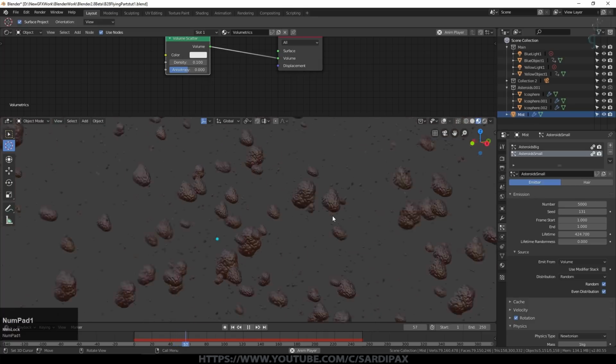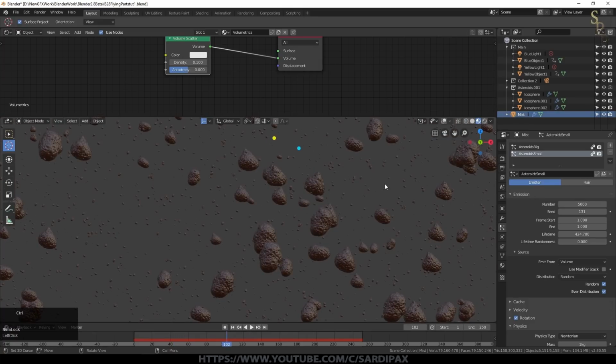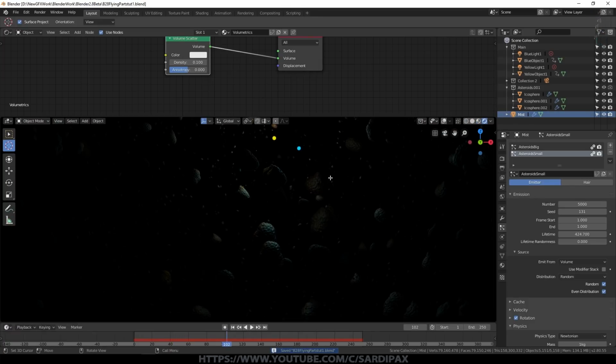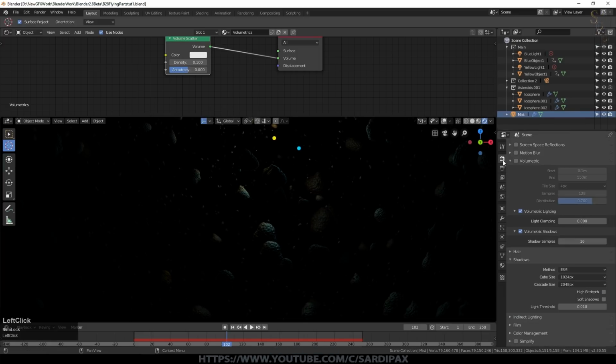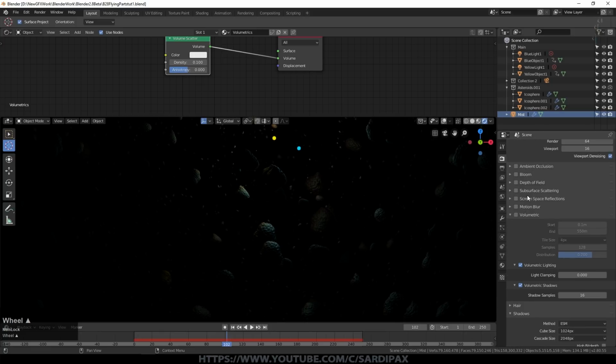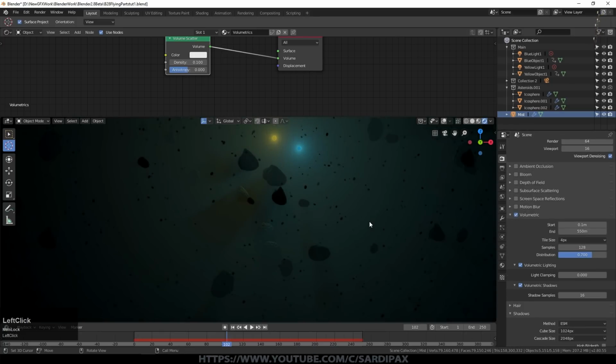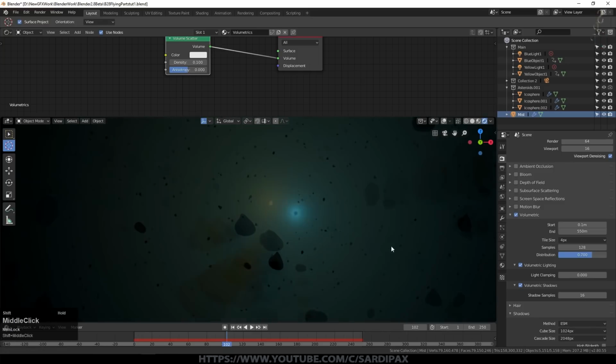So we're getting close now. If we just have a look at our rendered version, you can see the lamps are illuminating our rocks. There are no other lights in the scene. And if I also go and turn on the volumetrics, you can see we've got sort of God rays being created too. And isn't it great that that happens so fast, at least in a preview version.